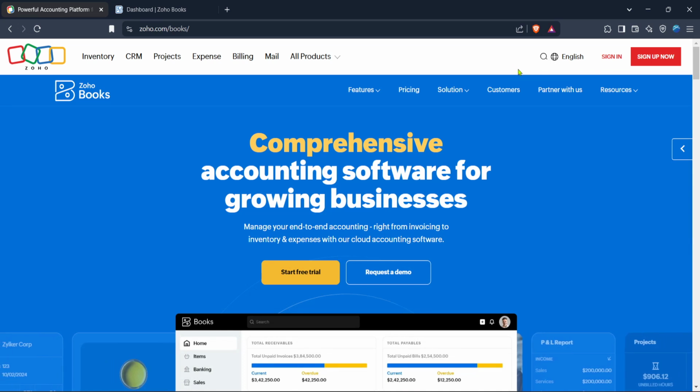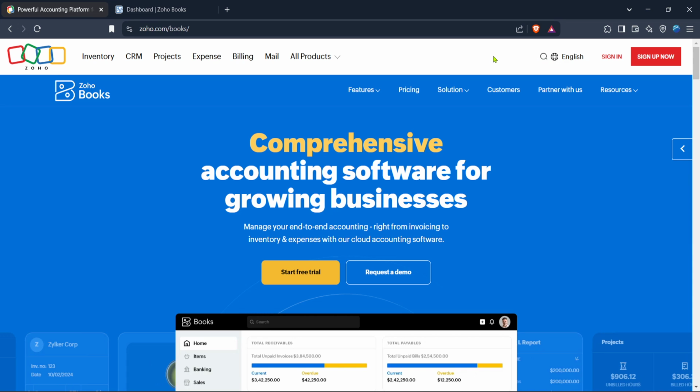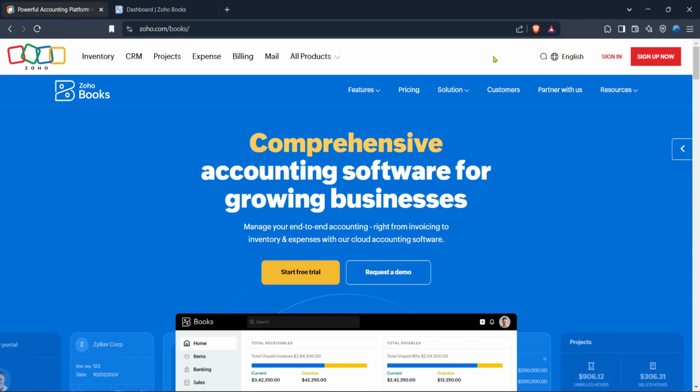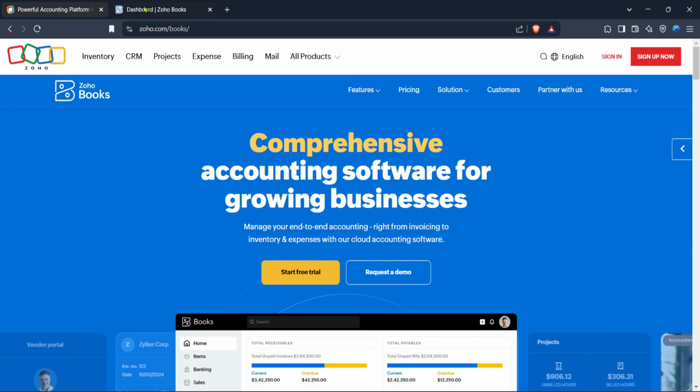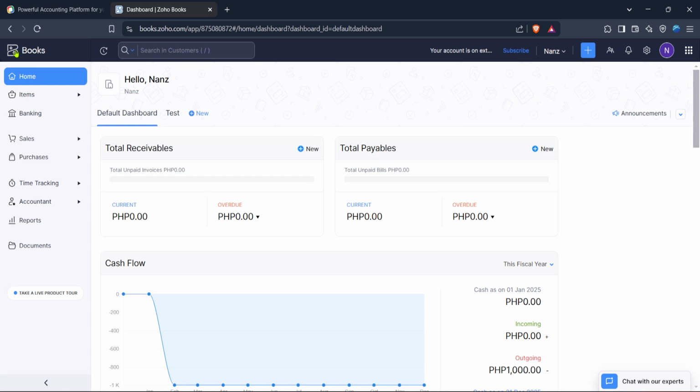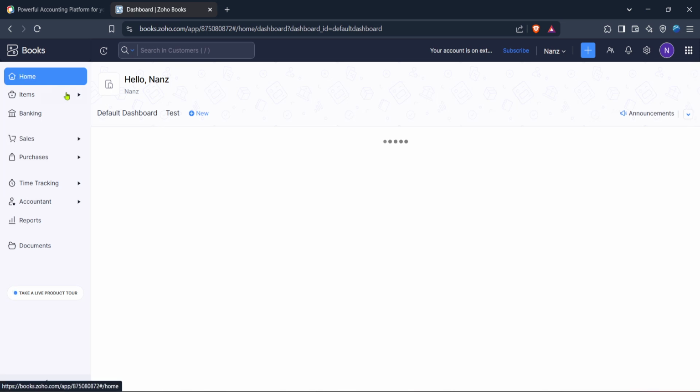Now look towards the top right corner of the page where you'll find the Sign In button. Go ahead and click on it. If you don't already have an account, you'll need to create one, but for those who do, simply enter your login credentials to access your account. Signing in will take you to the Zoho Books home screen, which serves as the central hub for managing all